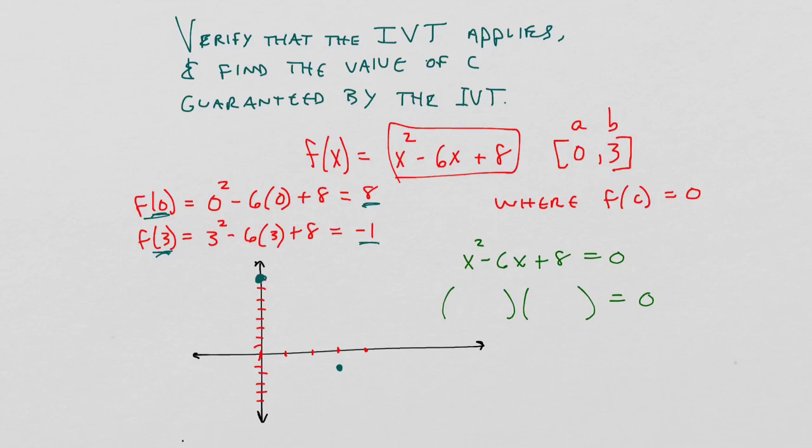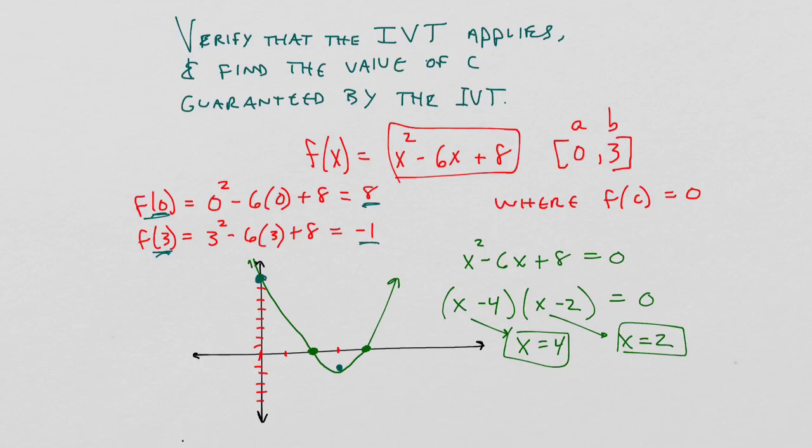And the factors of x squared minus 6x plus 8 are going to be x minus 4 and x minus 2. So there are two zeros. One is at positive 4, and the other is at positive 2. So now I can fill this graph in a little bit more accurately. One's at 2, one is at 4. So my quadratic is looking something like this. So the question is, what value of c is guaranteed by the intermediate value theorem, which always happens on a closed interval? And on this closed interval, there's only one correct answer. Even though I have 4 and 2, 2 is the only answer that is within the closed interval from 0 to 3. Therefore, c is equal to